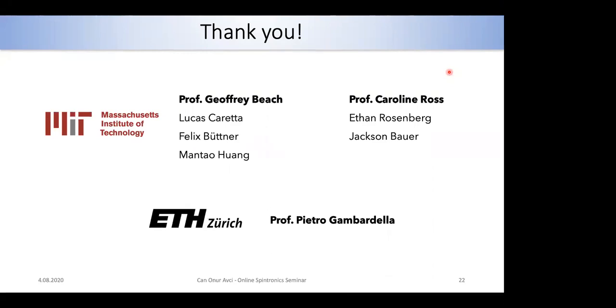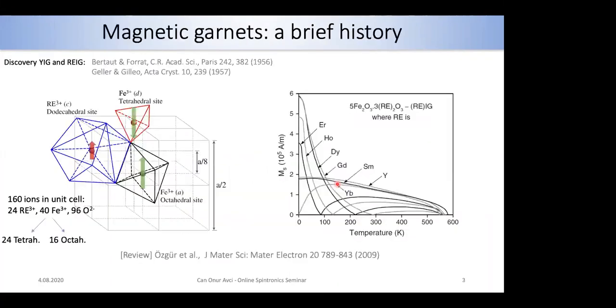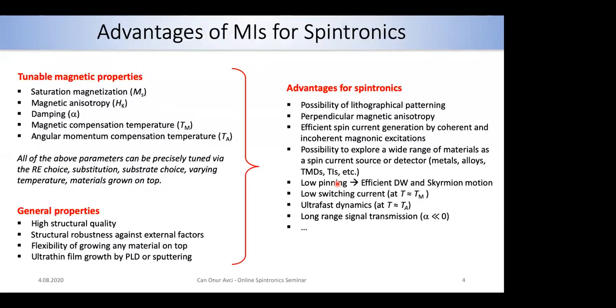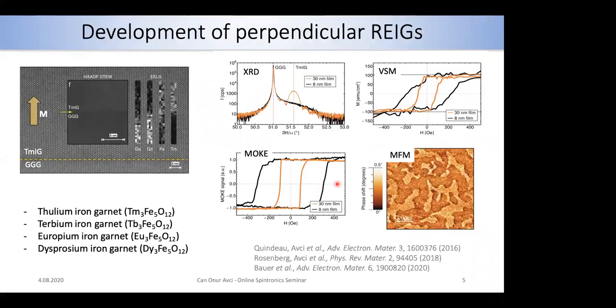You showed at the very beginning of your talk a wonderful TEM image where you show perfect growth between a rare earth iron garnet and, I think it was GGG, this gallium garnet. I guess you grow it on 111 GGG, and as far as I know, you have two different growth possibilities. You have two different interfaces, if I remember.